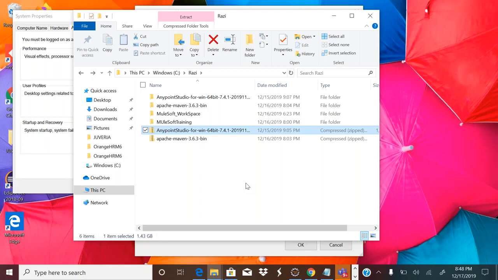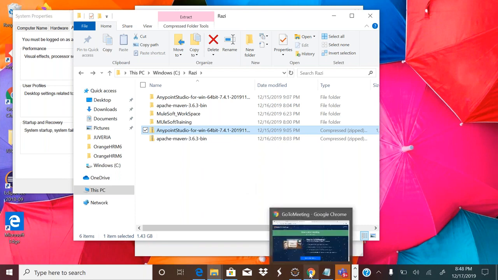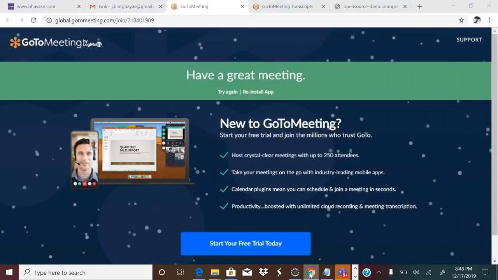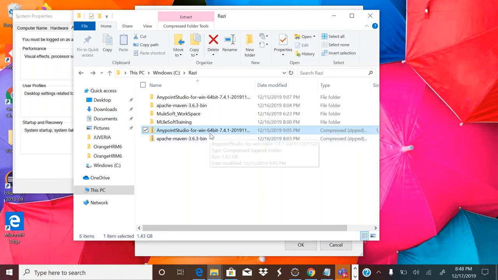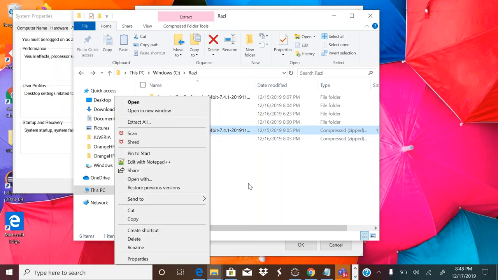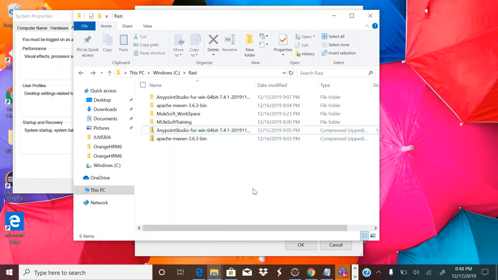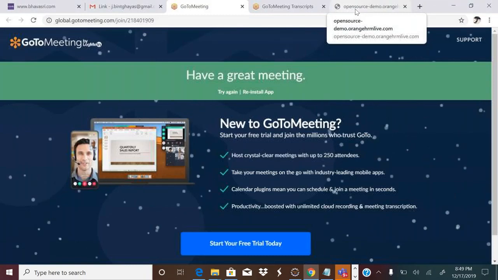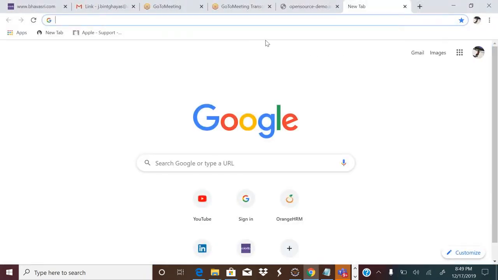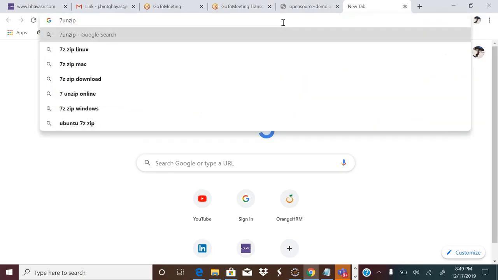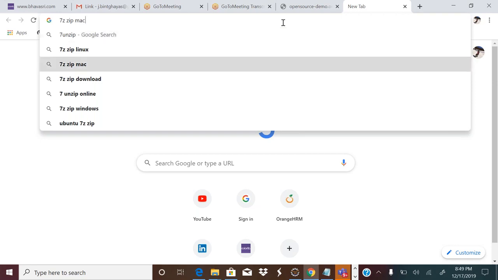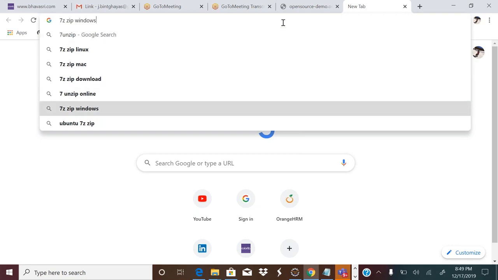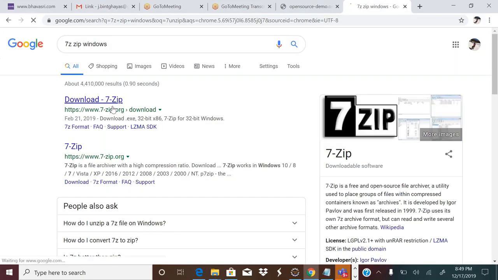Do one thing. Can you try to download one more time and then try to unzip it properly without any issue? You use 7-zip only, right, for unzipping? No, the Windows one, the Windows property extract. That's the reason, right? I told you clearly, use 7-zip actually. There is an issue with WinRAR. While unzipping, there might be some classes missing. I addressed that in the first session: use 7-zip, and unzip with that. If you are still facing issues, then we'll connect on this. Okay, I will do that.